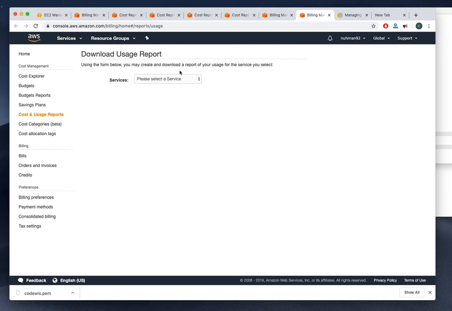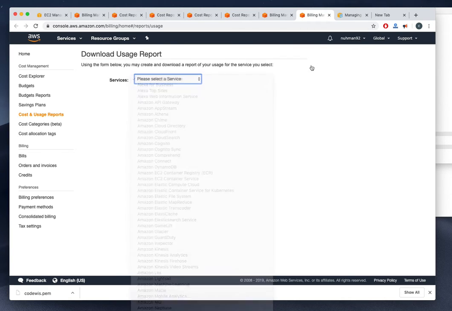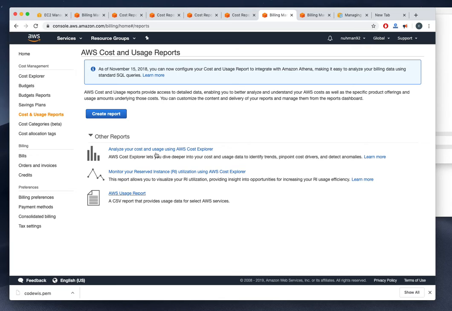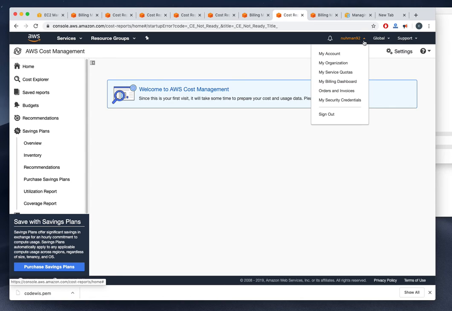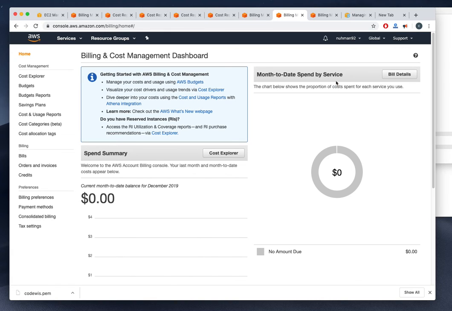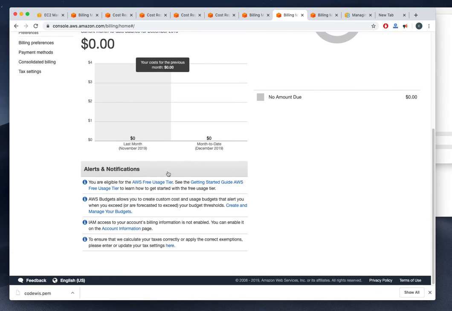So this will ask for please select a... Cost Explorer is there. Usually it will show here, but in my case I'm not getting that one. My billing dashboard is the one. Yeah, here I can see my